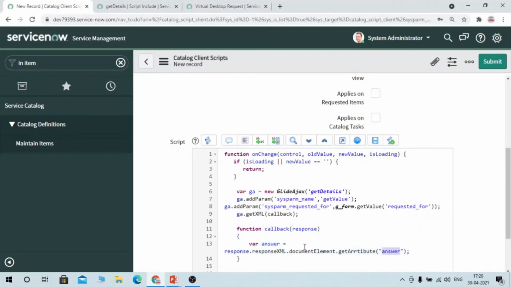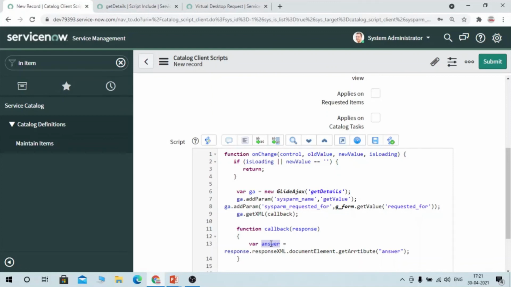This response XML contains the document which contains an attribute as answer, and whatever value is returned from our script include method will be bound with this answer attribute. Whatever value is returned from the server side will get bound with the answer variable. In simple terms, answer gives us the value returned from the script include function.